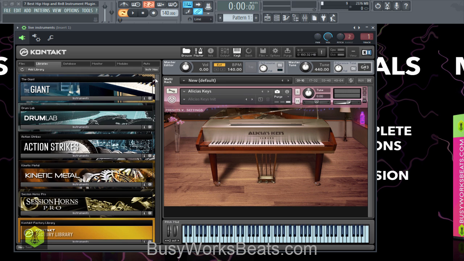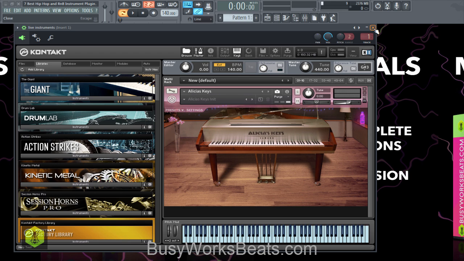And the reason this is one of the best plugins for hip hop and R&B is because those genres have a lot of live instrumentation, whether it's a live bass guitar or a live piano. A lot of people are trying to synthesize their instruments, and there's no synthesizer which has real instrument sounds. They're called samplers. But anyway, you can find pianos, again, all the types of real sounds.